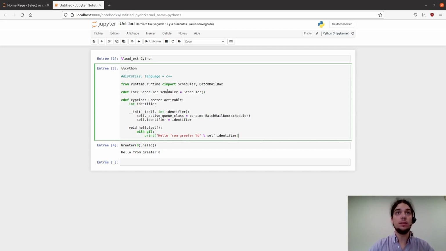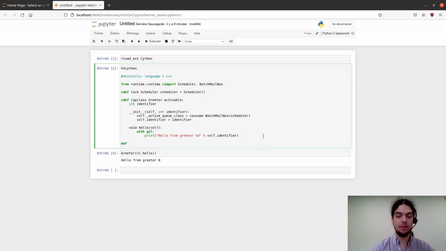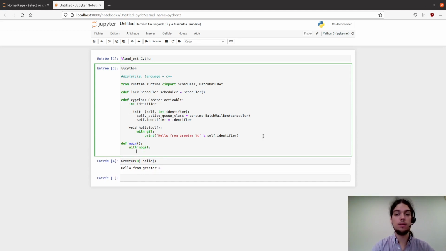And now we can really use our SIP class as an actor. So let's define a main function. And let's release the GIL. And let's create a normal instance to start with. So create a 0. And let's create 3 of them, in fact,